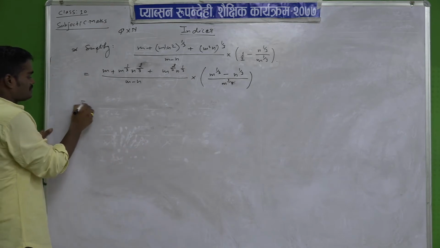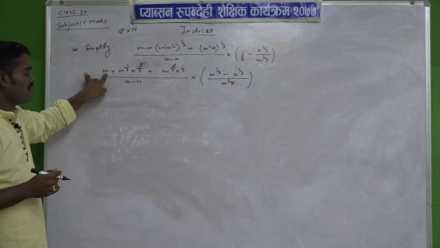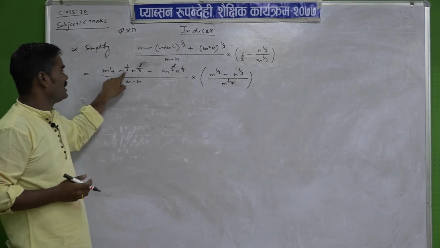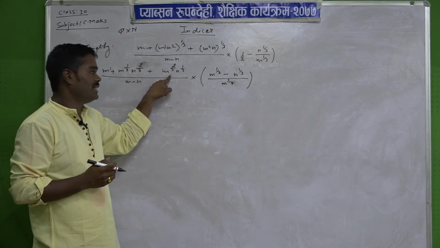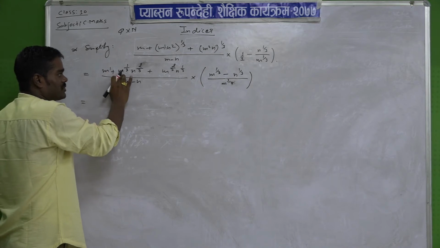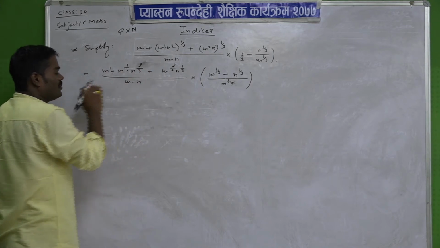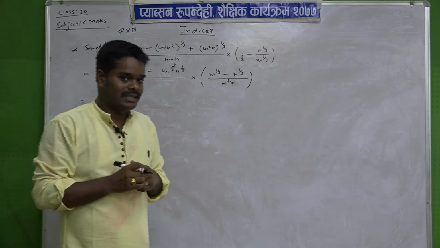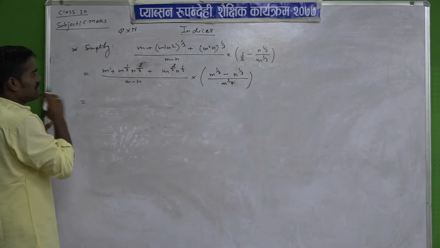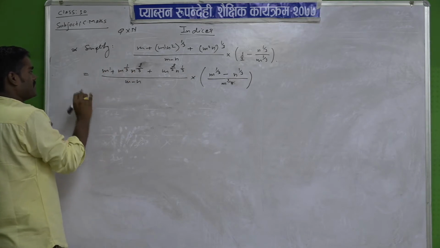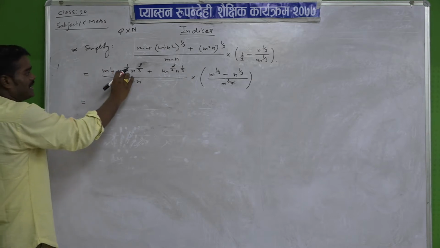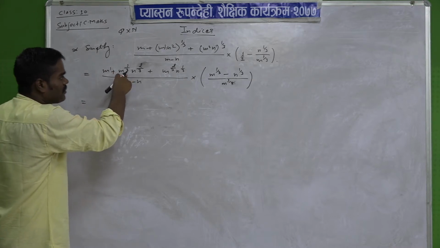And then you have to see, here is m power 1, m power 1 by 3, m power 2 by 3. So, we have to take the common. How much common? Here is also m, here is also m, here is also m. So, we have to take always the lowest power common, lowest power common. So, what is the lowest power? 1 by 3. So, see here the power of n is what? 1 here, and we are taking how much the common?